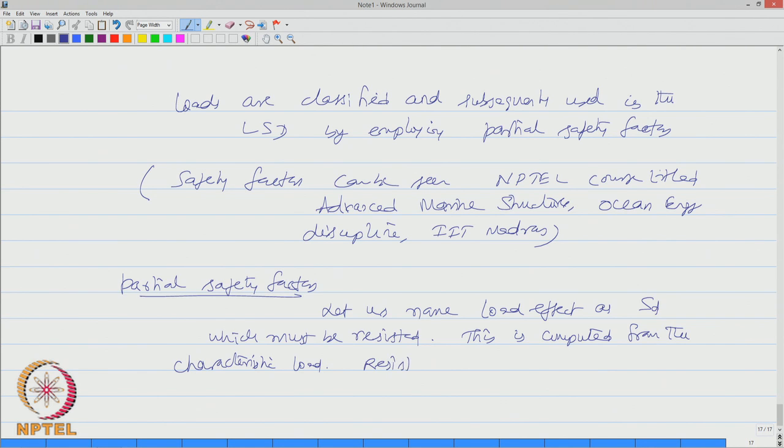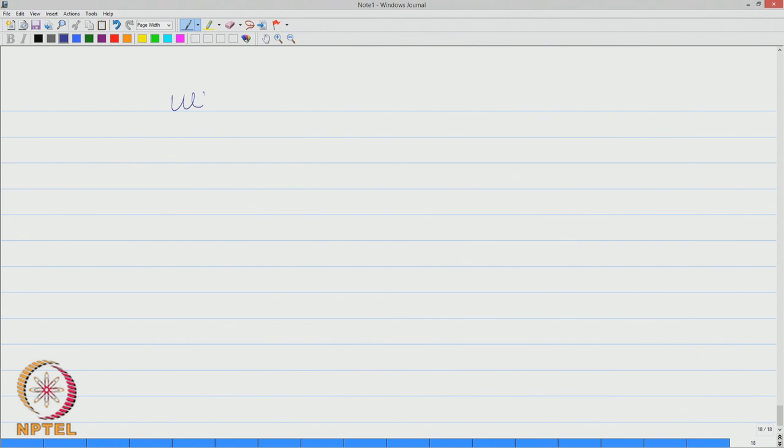Let the resistant effect be RD, which is also computed from the characteristic strength. Then the ultimate limit state can be satisfied as